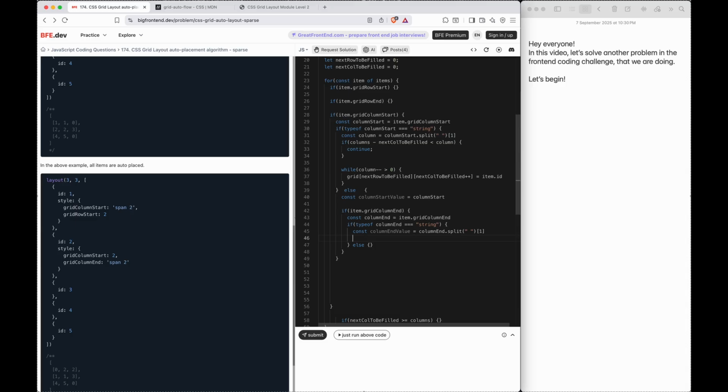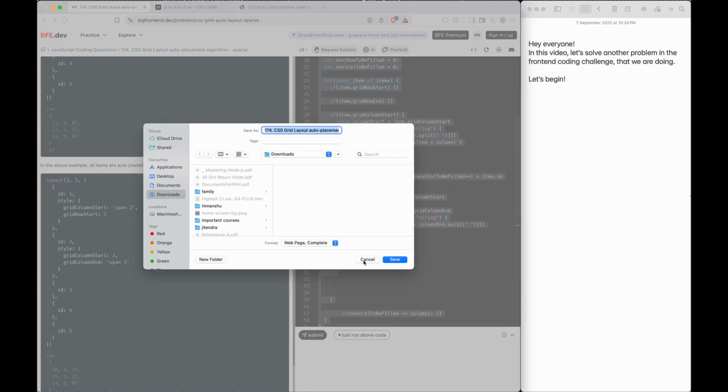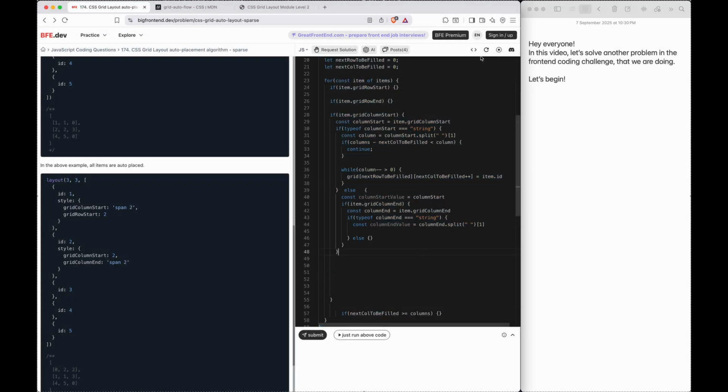Again, should we do the check here? We have got column start value with us. No, we don't want that. Is there no way to format it? No, it's not. I think